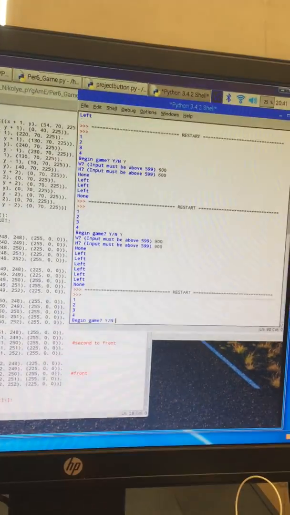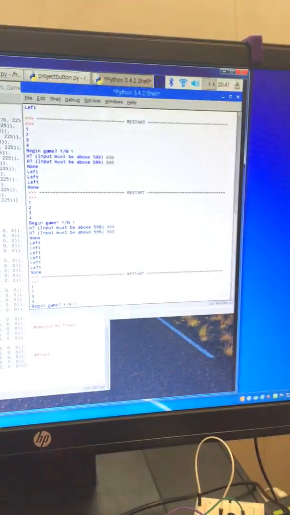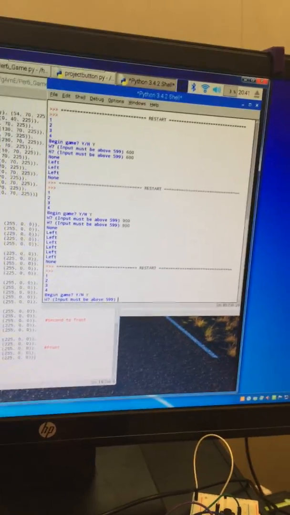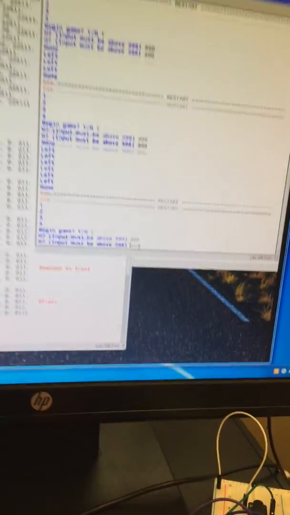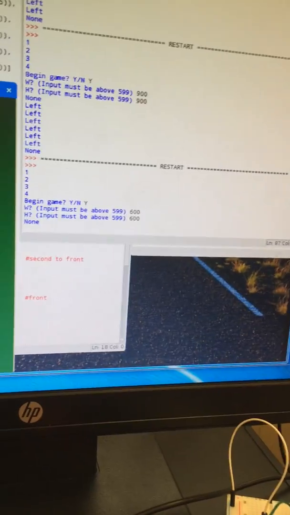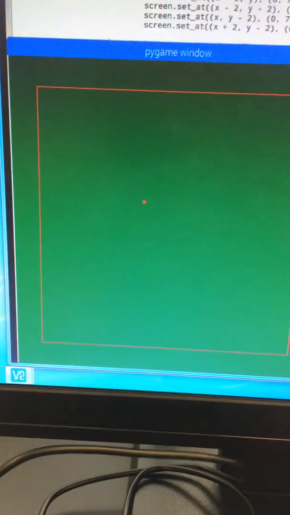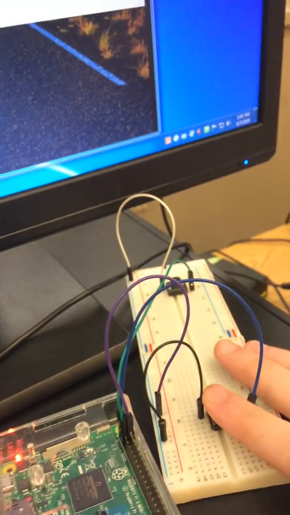Okay. And it starts off with a begin game, do I want to begin game? Yes, capital Y. And then it has to be above 599. And you end up with this screen, and if you hold for a while,